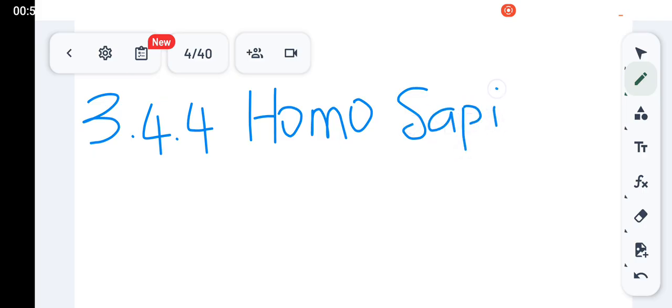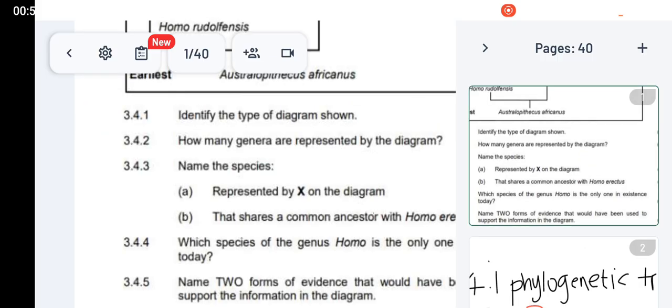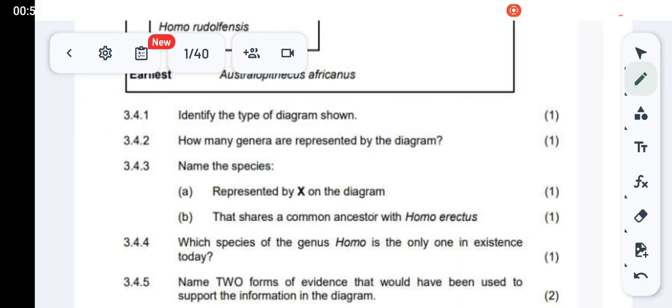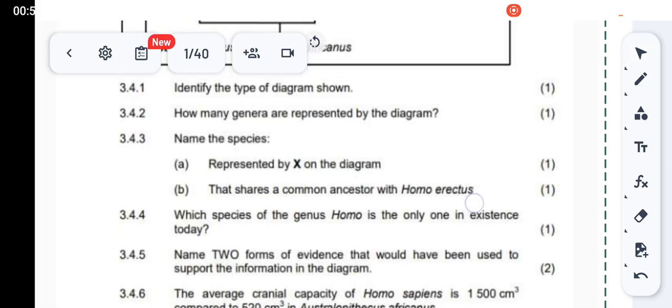This is us, humans. Homo sapiens. That is the only species in the genus Homo which is in existence even today, right? And then